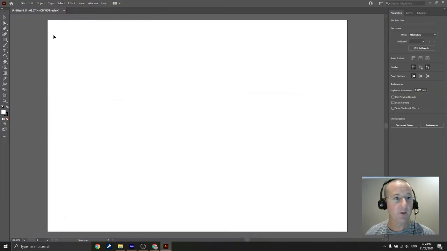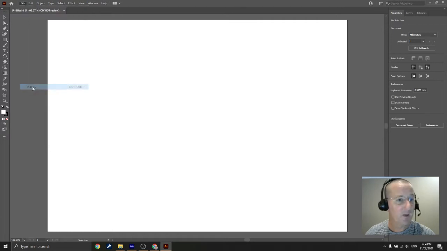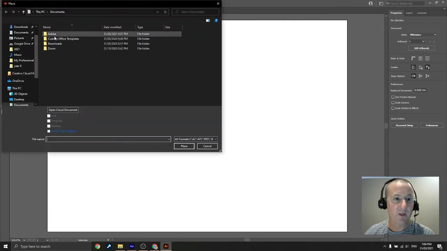So here I am in Illustrator. You can see I've just started with a blank document. It's CMYK, and I know I like landscape, but it really doesn't matter what format it's going to be in. Then you're going to go to File, and you're simply going to choose to Place right here, halfway down the File menu, and we're going to browse and find that